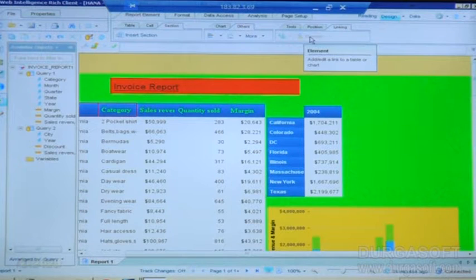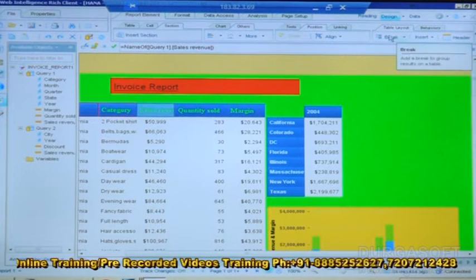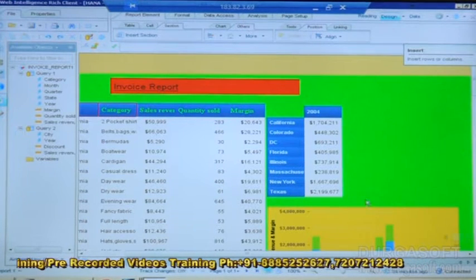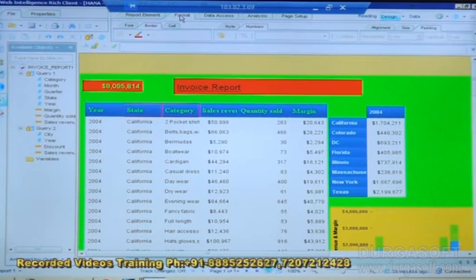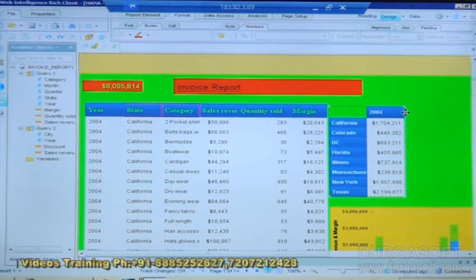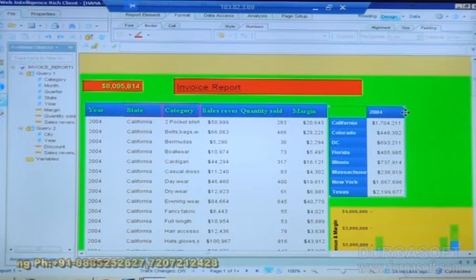So in case you want to perform any interactive reports, we have to do all these activities, and we already did the tools options, turn into, selection, positioning, and if you select any object here we get some break option, insert. So additionally all this we get. Now we already did the format also. If you see, this page was designed with the green background color. We changed the heading of the file, and I'm showing you this complete picture of total sales summary. So these are all the different things which we did in the previous cases.